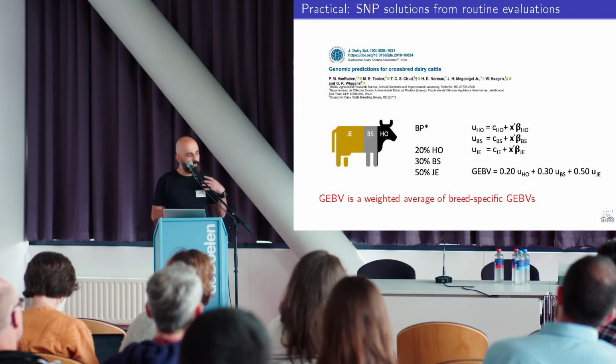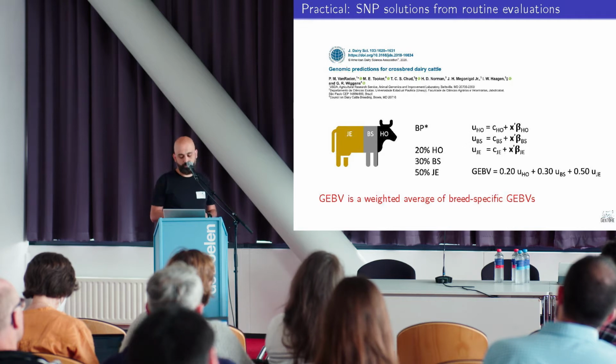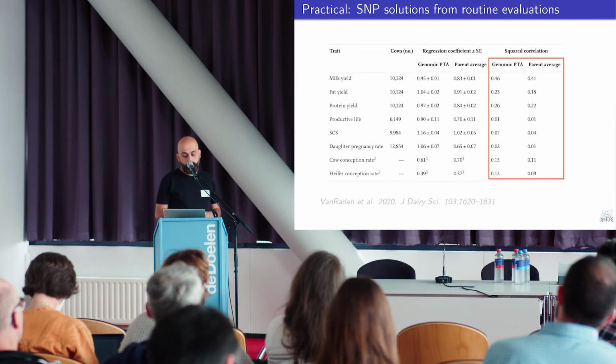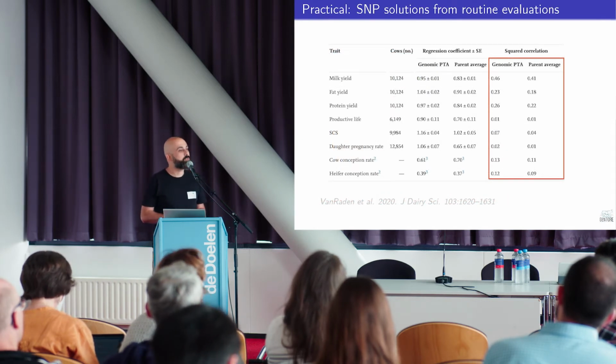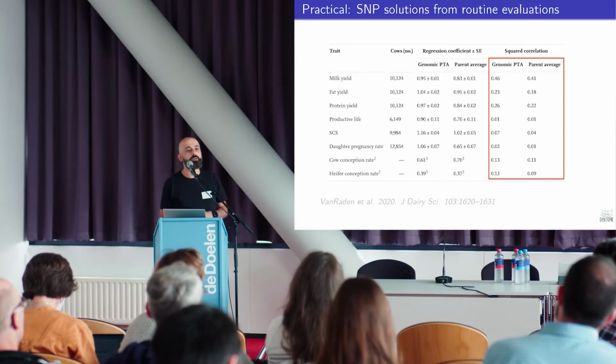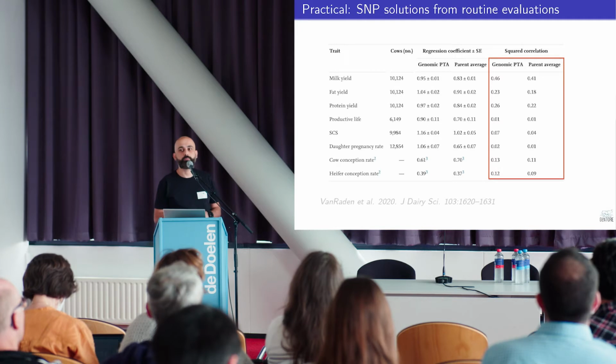So the genomic estimated breeding value is a weighted average of breed-specific breeding values. But you can see that the accuracies from these simple solutions are barely higher than just the simple parent average, at least for